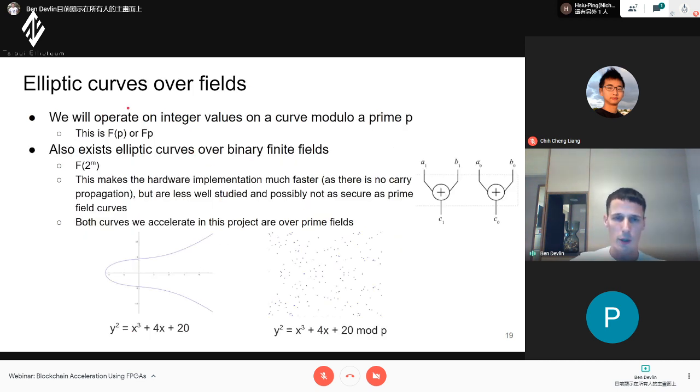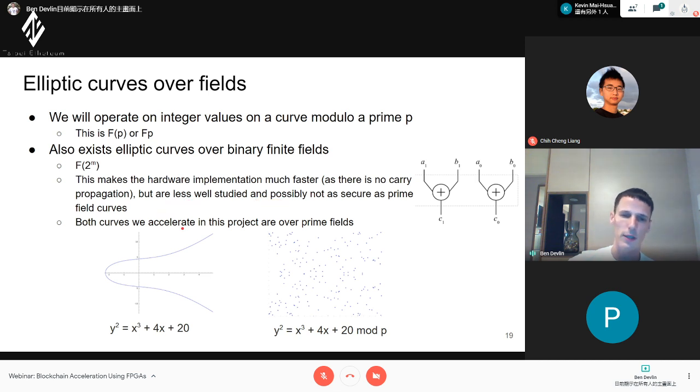And so when we operate on elliptic curves, we actually operate over a modular field, right? So, and there's two main ones. The one is over a prime field. So we have a prime value, and then it means any kind of additions, multiplications, it's all modulo prime, FP. The other kind is over a binary field. And the advantage of a binary field to a prime field is that all of your logic now, like adding and multiplication, is using XORs or this kind of compressing, and you don't have a carry chain that you need to propagate. So you can get a lot higher performance when you put it on hardware, but it's not as well studied and possibly not as secure.